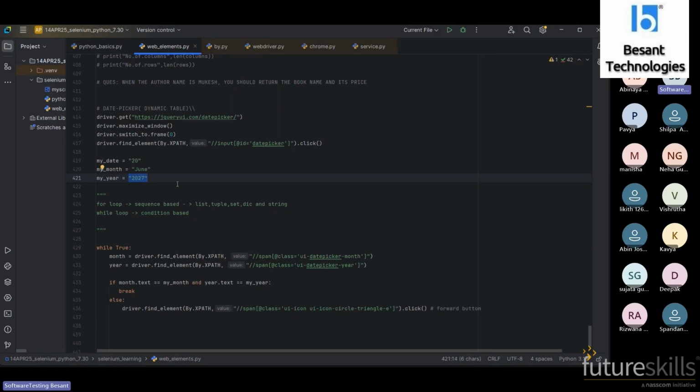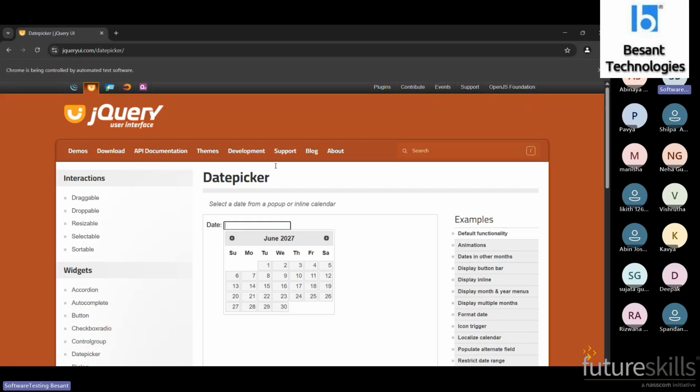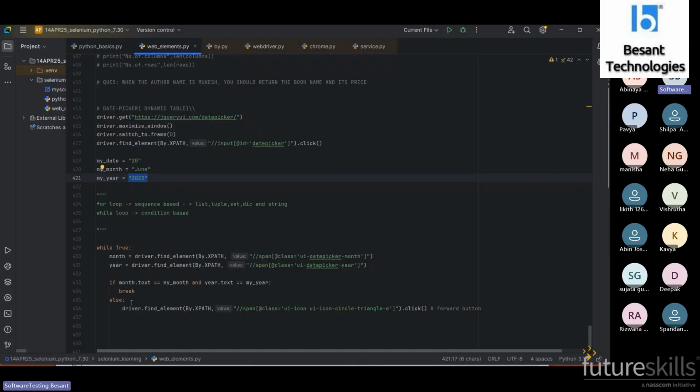If, for example, I want to go backward, I mean to previous, already completed years, for example 2023, what is supposed to be used here? I want to use the backward button instead of the forward button. Because if I use the forward button, what will happen? The condition won't be met, it will keep on running until the completion of the dates. So that is not making sense here. So what are we supposed to do?